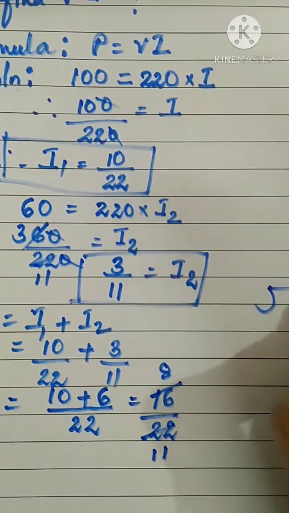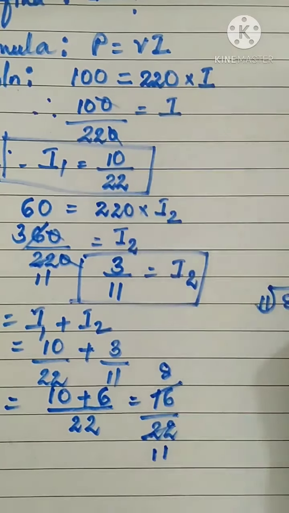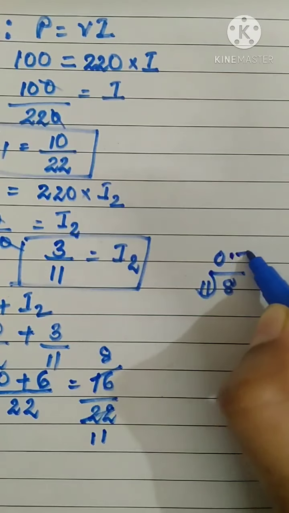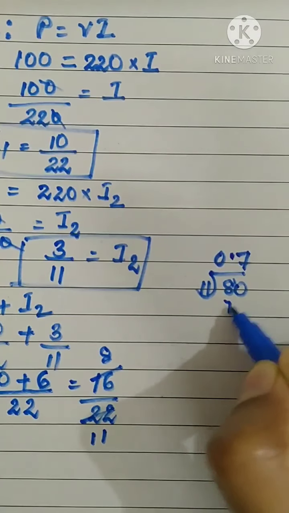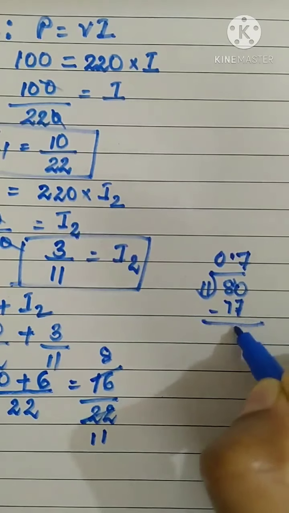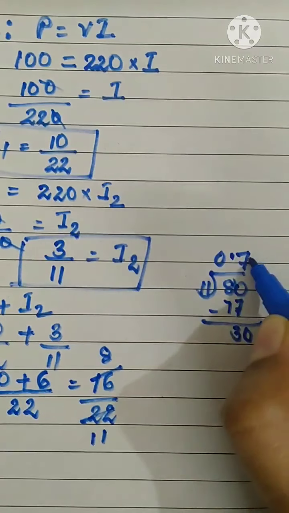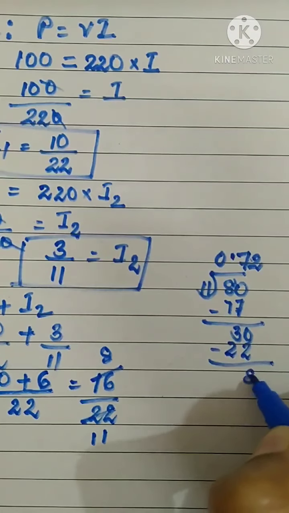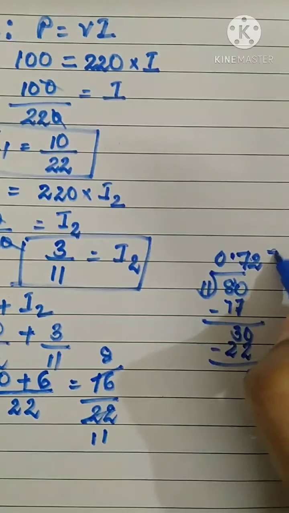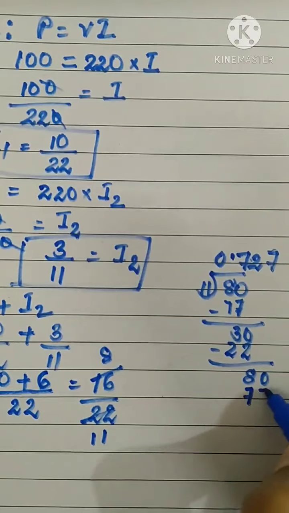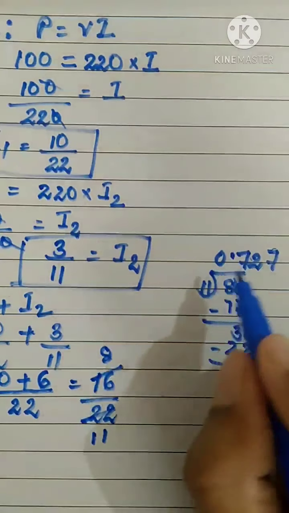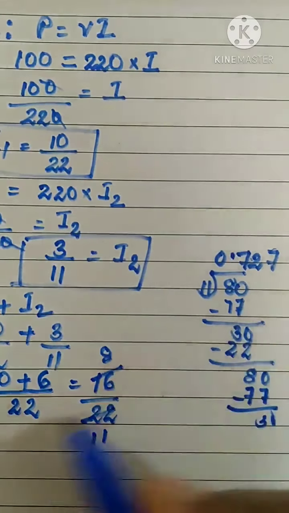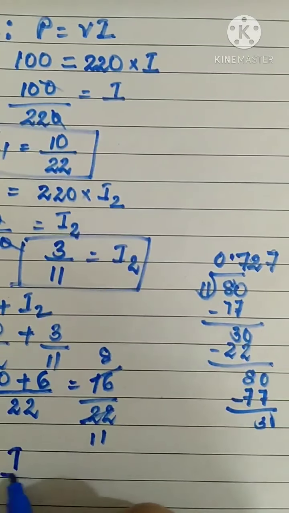Now divide 8 by 11, working column, 0 point. 11 7s are 77, 3 0. 11 2s are 22, 8 0. 11 7s are 77, and so on. Okay, so I'll get it as recurring, again 3. So 7 2 7 2. So we have I is equal to